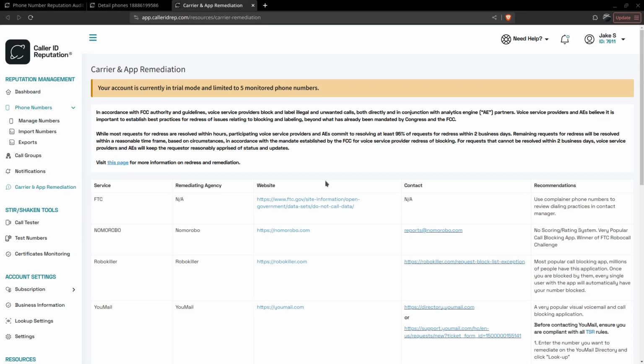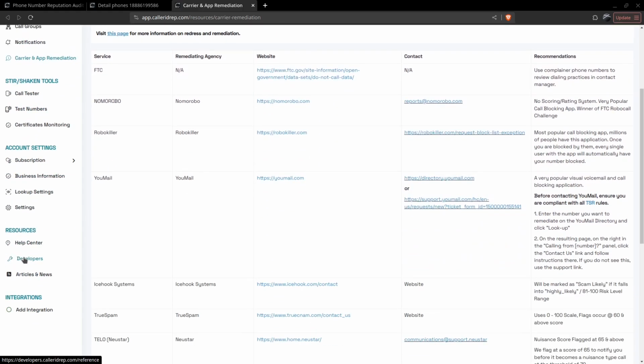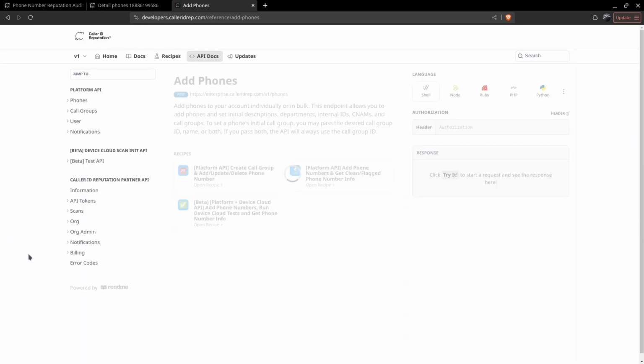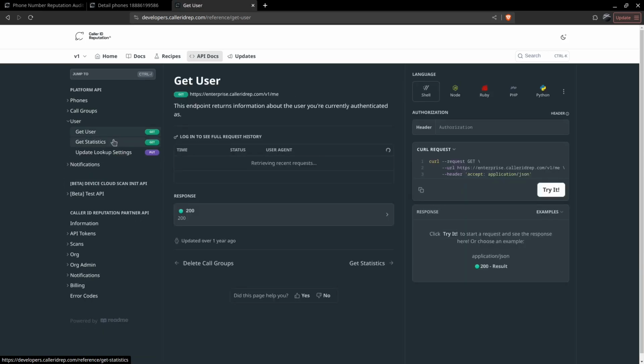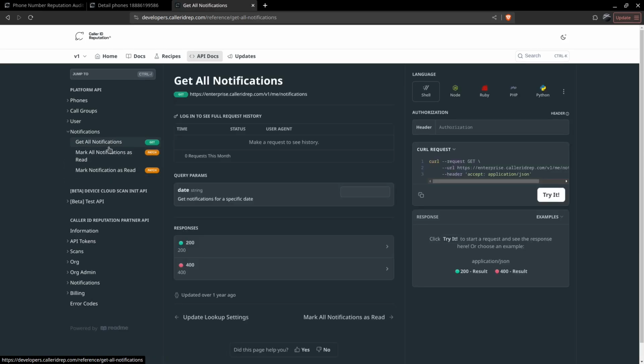Now, for those looking for a bit more of a hands-on approach and automation development, you may find this of use where you can actually set up your new development details and automate the platform using our API. Now here you can add in phones, get all the data on all phones within your account, get maybe clean phones or flagged phones, many more, manage your caller groups, manage users, and any notifications. Now if we head on back,